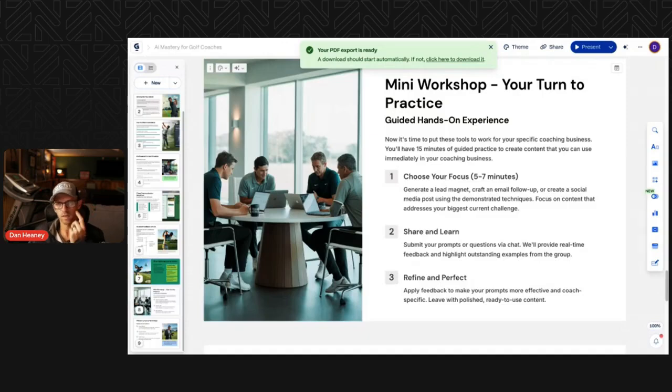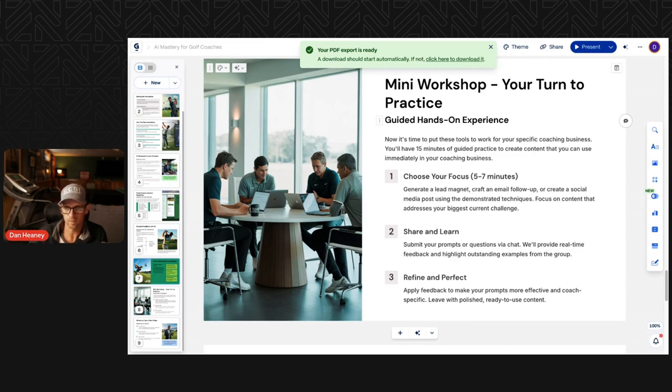The other thing that I would use AI pretty heavily for in your golf coaching business, this could be in person, but it really starts to make a difference when it comes to online, is producing resources for potential students, creating what I call lead magnets, free resources, freebies that you can give away to generate leads inside of your business.